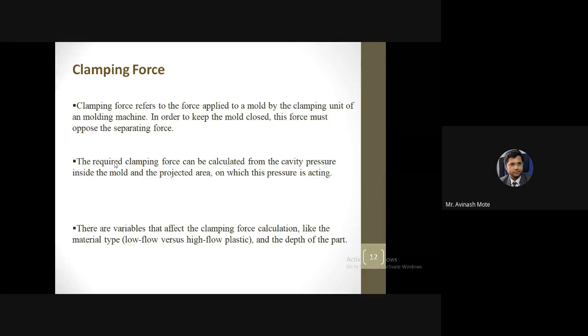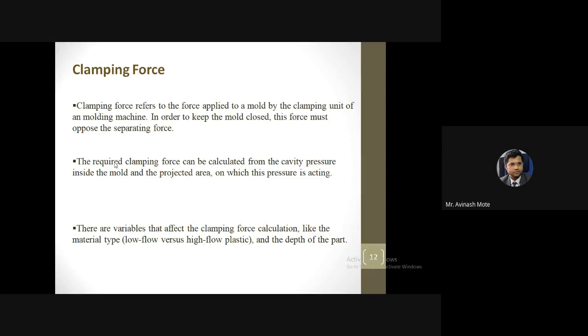These gases are actually generated because of the heated condition of the material. Now what will happen when we are forcing the two parts of the mold to close? These gases will generate, and they will try to escape from the mold cavity.